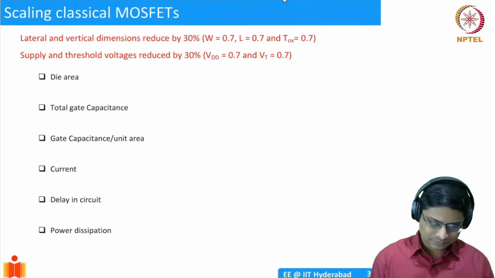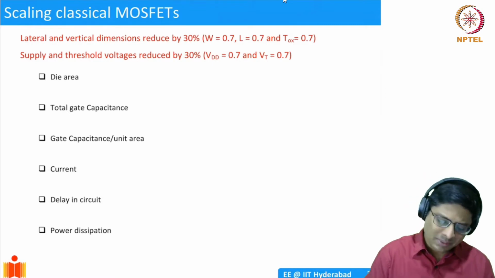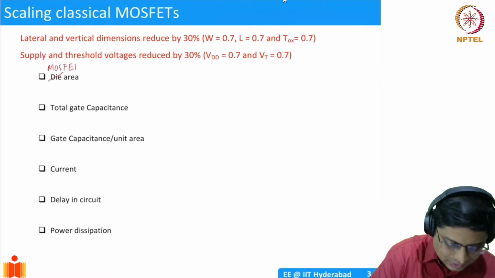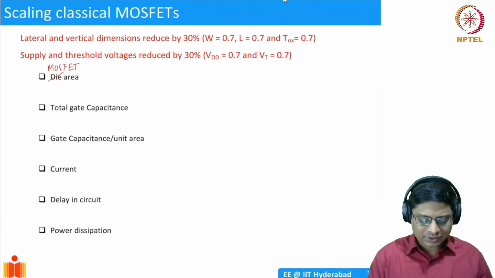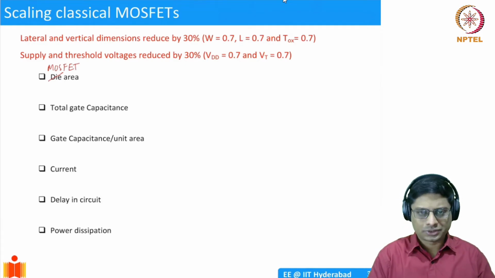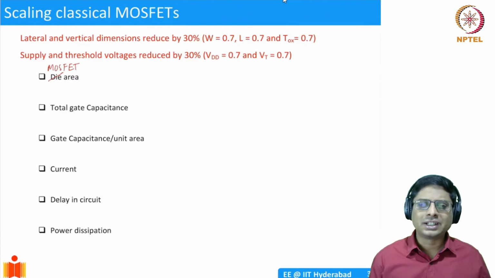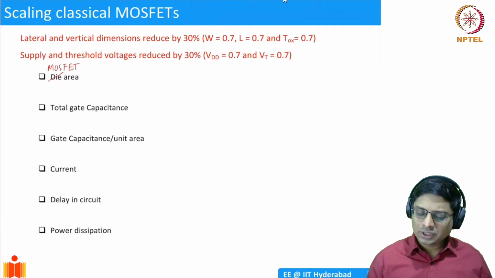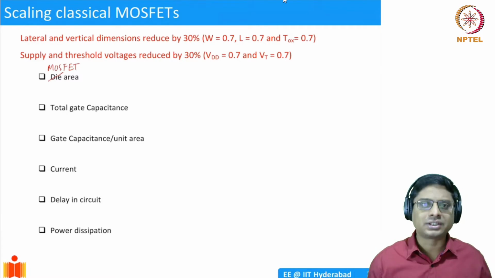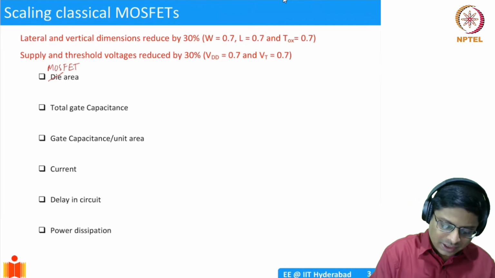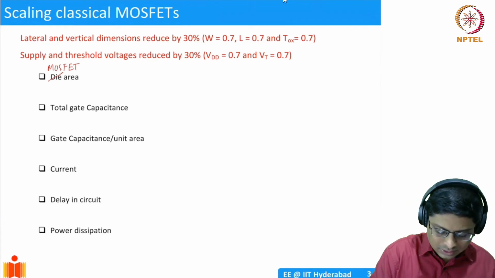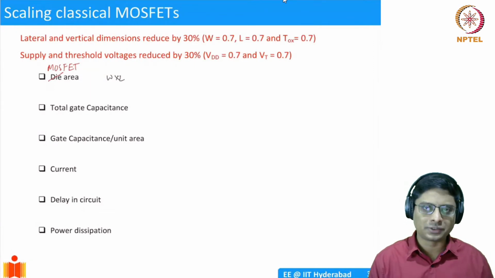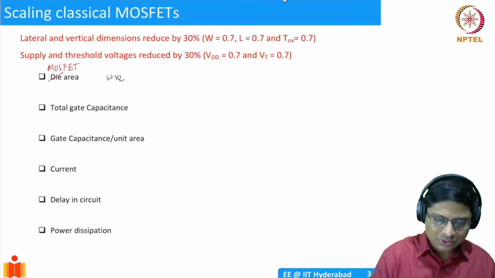To start with, die area. Maybe I shouldn't call it die area. Let me call it MOSFET area. Basically, on a chip, you fabricate various devices, so you make blocks. We call them dies. But anyway, for our purposes, it doesn't really make any difference. We can just call it MOSFET area, and we are only looking at the active region, under the gate. So this area for a MOSFET would be W into L. You have a length and width, that is the area under which you have the inversion layer forming.